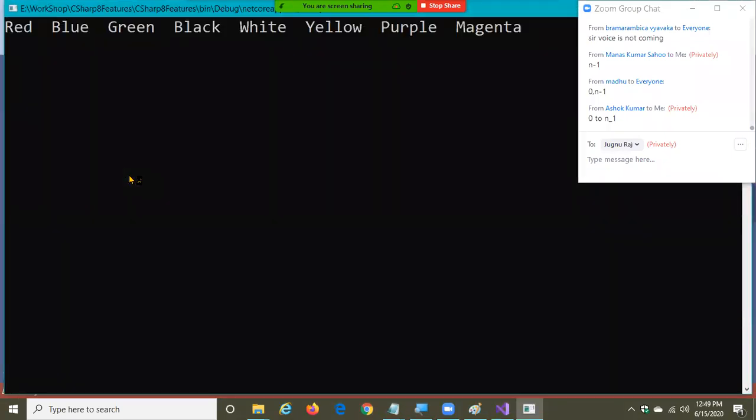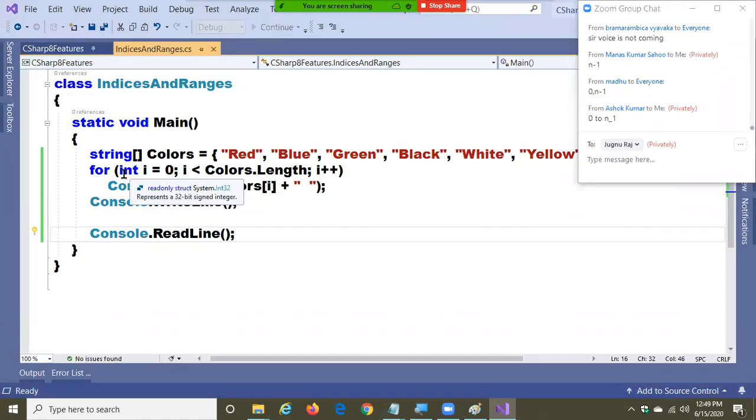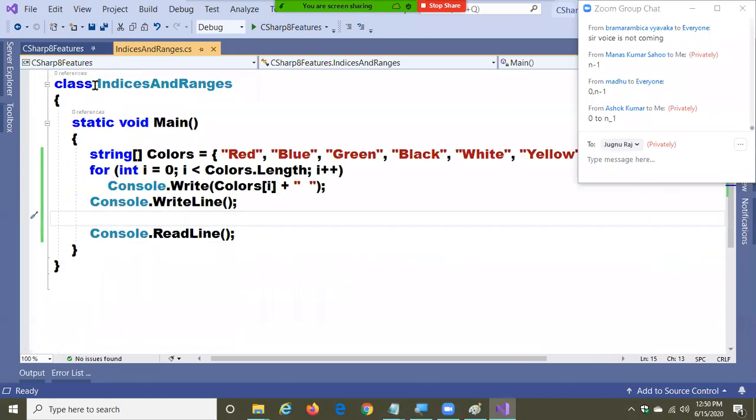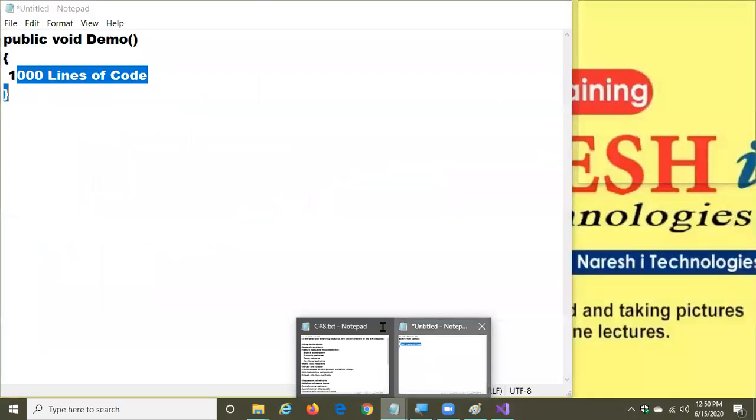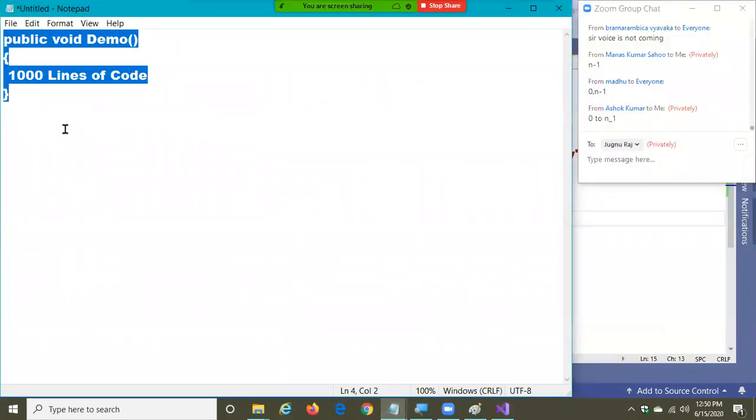Yeah, this is an old story. I did not tell you anything new. But right now in C# 8, they introduced a concept called indices, and you can access the values of your array in another way also. Okay, what is the other way?